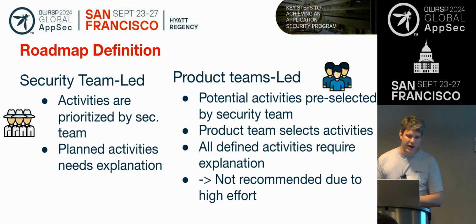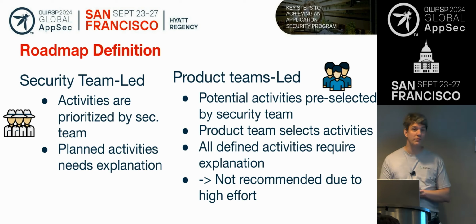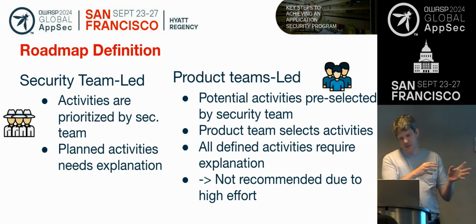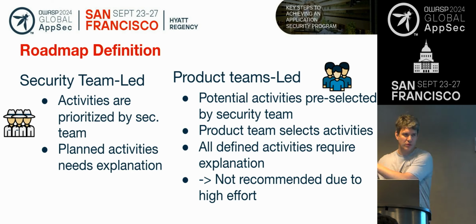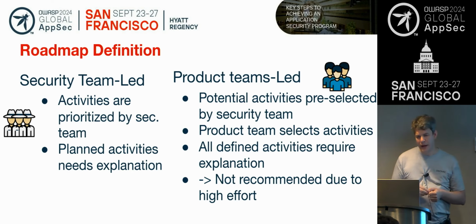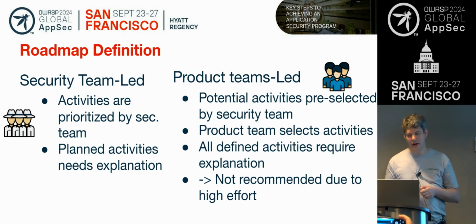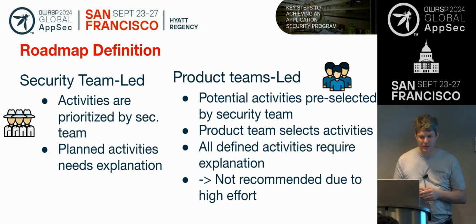Yeah, then we have the roadmap definition. So who defines the roadmap? You as a security architect or the product team? My experience is that it should be the security team